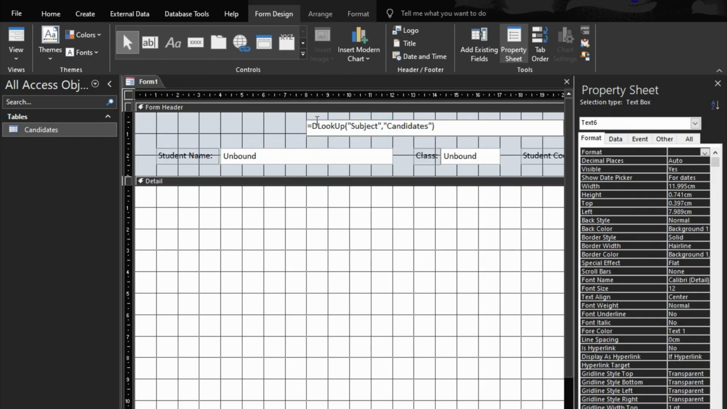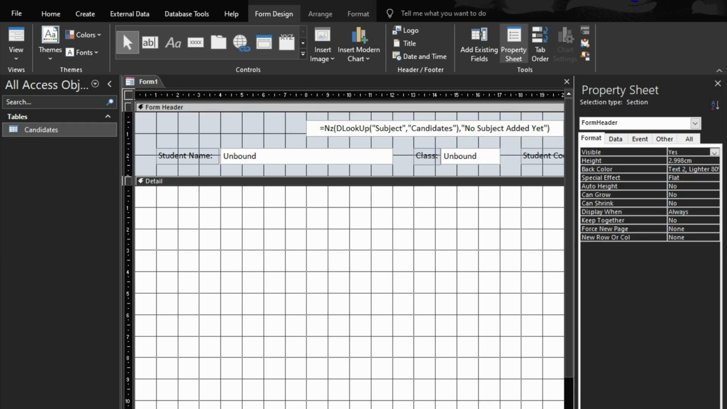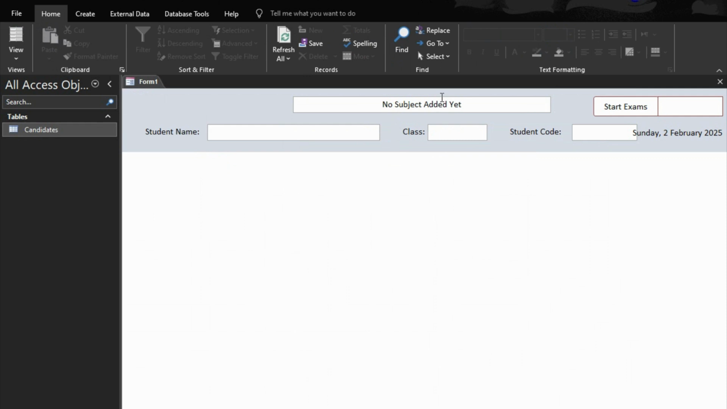the alternative. So NZ, if nothing is showing, what should be shown? That's where the NZ will come in. NZ, comma, then what else are we to write? No subject added yet. Okay, now let's see. Because there's no subject added, the